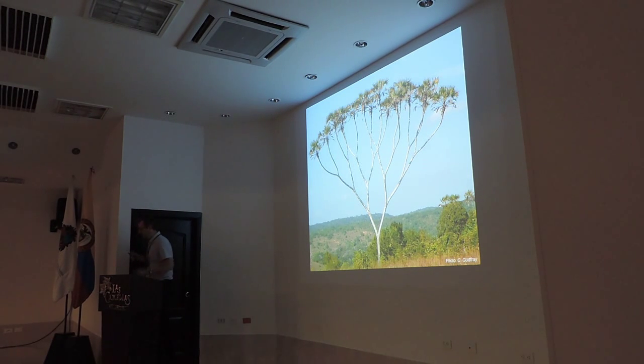Okay. I'm now going to move on to phylogenetics. I love showing this slide because it's just the most astonishing palm. This is Hyphaene compressa in Kenya, which happens to give me a lovely segue